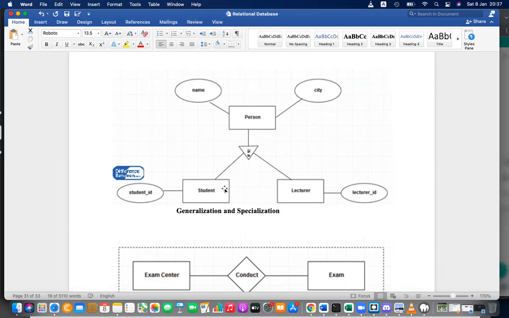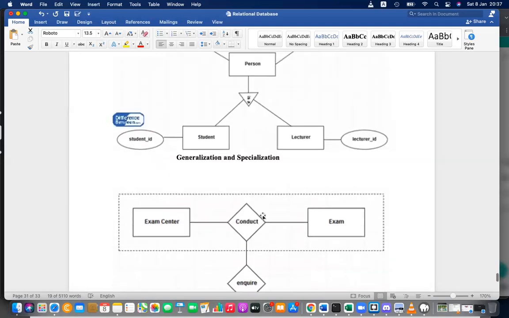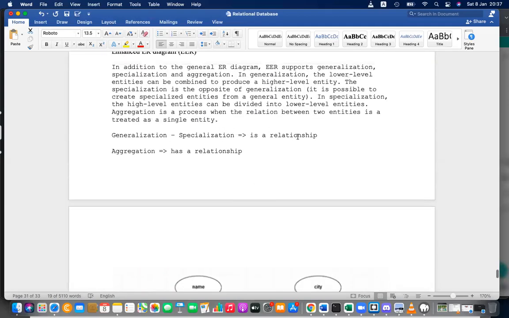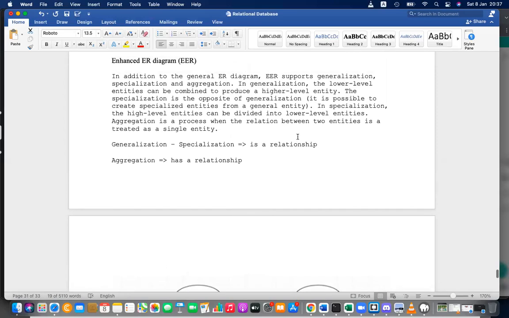Person to student, that is specialization. Person to lecturer, that is specialization. Downwards, we put the arrow downwards, that is specialization. When you go upwards, it is generalization. That is one addition in the EER model.